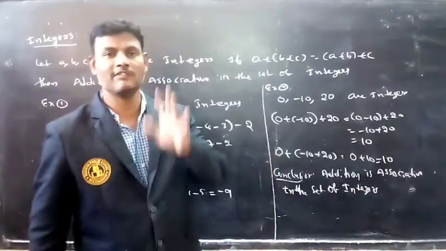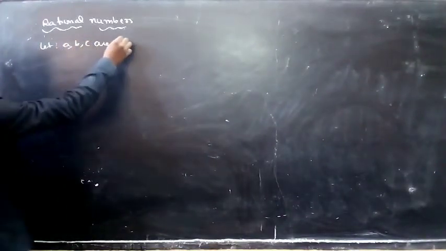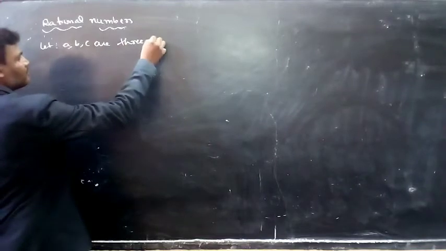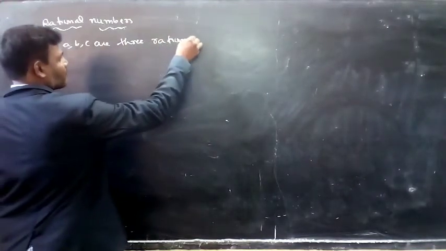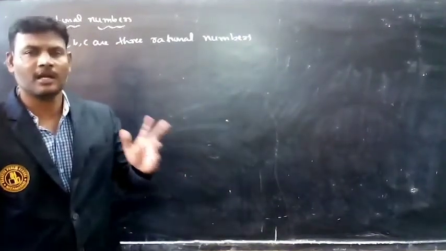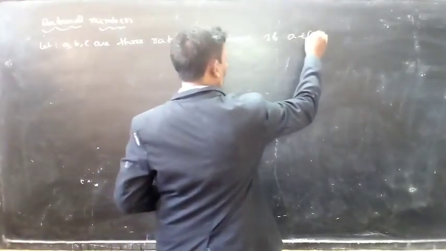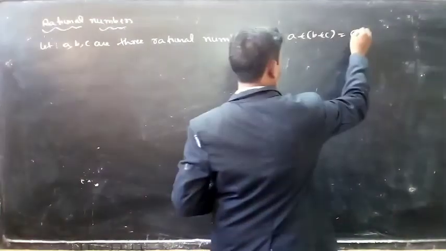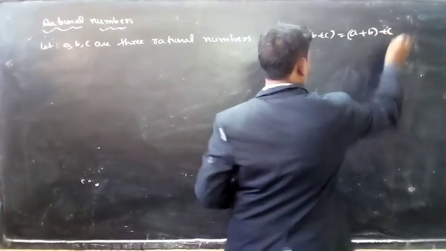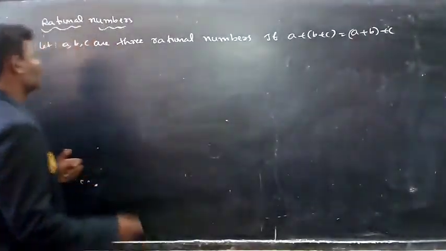Addition is associative in the set of integers. So next I am going to take rational numbers. Let a, b, c be three rational numbers. If (a + b) + c is equal to a + (b + c), then